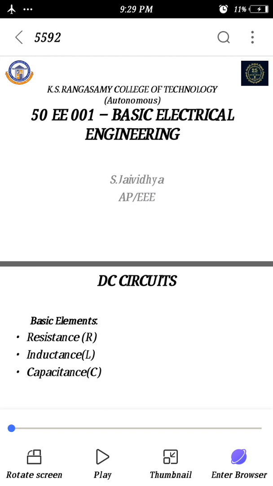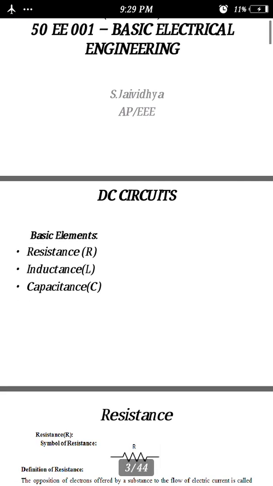In today's class, we are going to discuss the basics of electrical engineering, that is, the supplies and types of circuits. Basically, we describe a circuit as a combination of electrical components which forms a closed network, right? Based on the supply, we classify circuits into two: DC circuit and AC circuit. First, we are going to discuss the DC circuit, followed by the AC circuit.